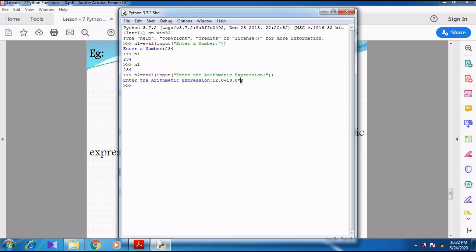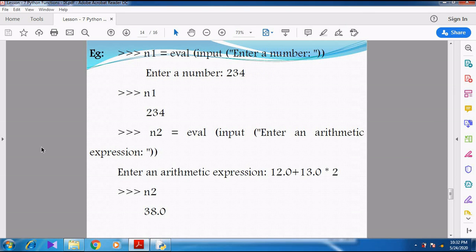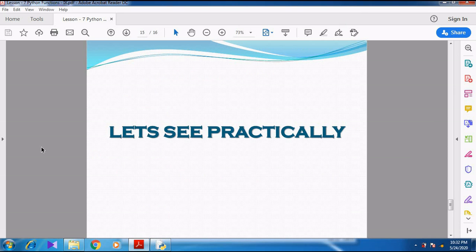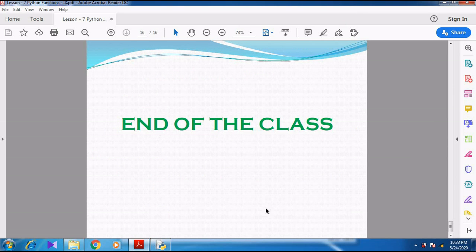Which operator has higher priority? Multiplication has the higher priority, then only the addition. So 13.0 into 2 is 26.0, then plus 12.0 shows 38.0. Now when I type n2 and press the enter key, it shows 38.0. I think you might have understood this in a practical manner.